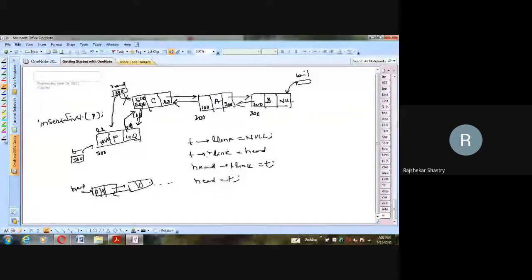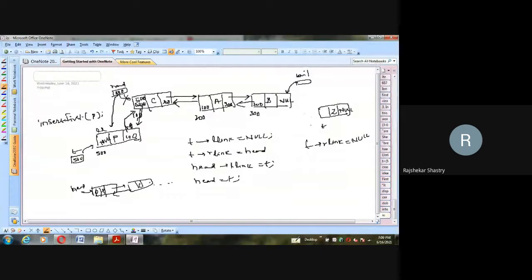And insert last is also easy because we have one more pointer specially called T, the tail pointer. So at the tail side, whatever new node is created has to be inserted. Again, say this is my new node held by T, having the data Z. This new node has to be inserted after tail, and it should become tail. So what are the statements? First of all, T arrow R link should be null because this is going to become the last node.